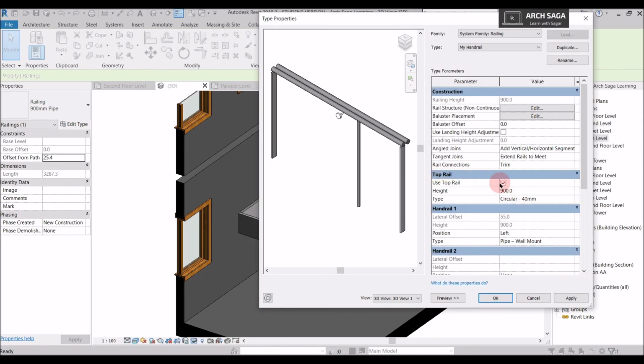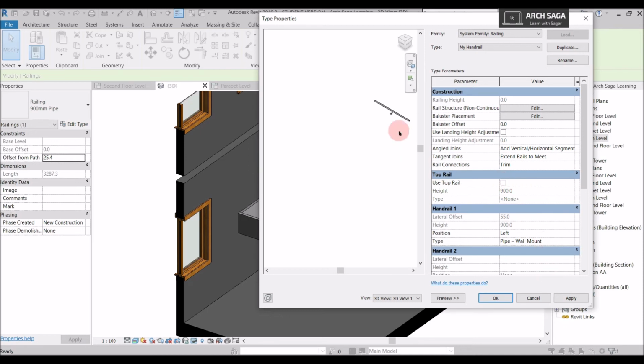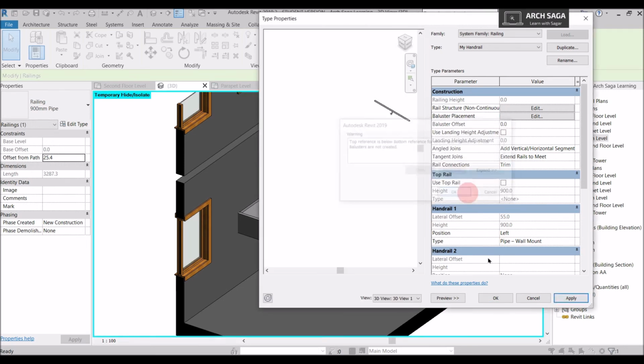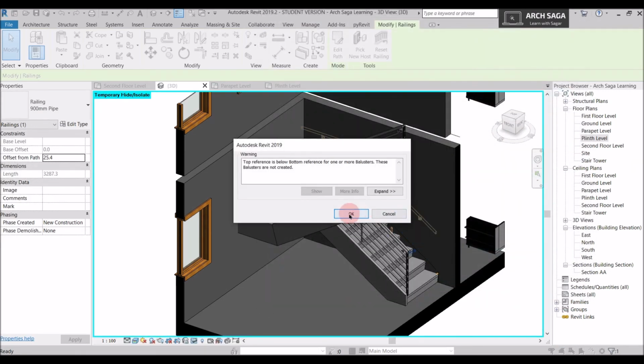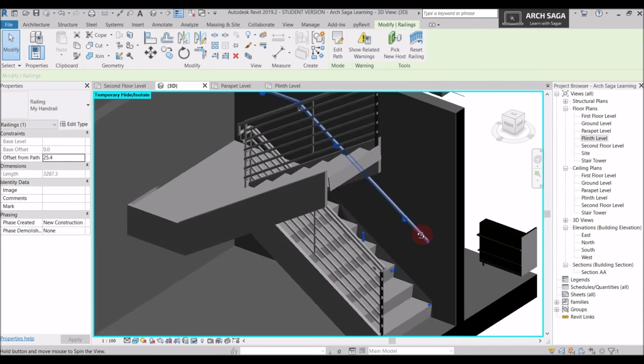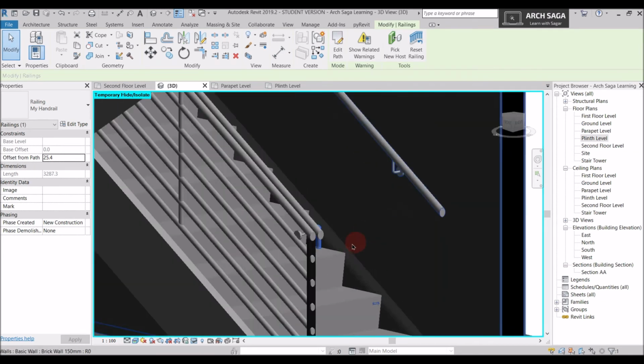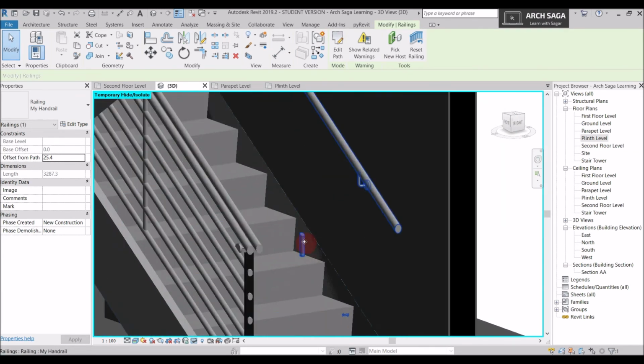What I'll do, I'll just deselect the top rail, and I have my handrail properties added here. I will just say apply and OK and OK. So I just have handrails now, but I can also see some balusters here.